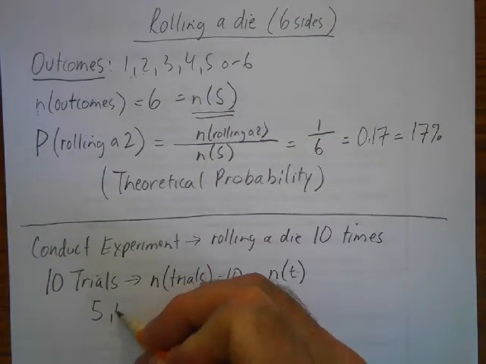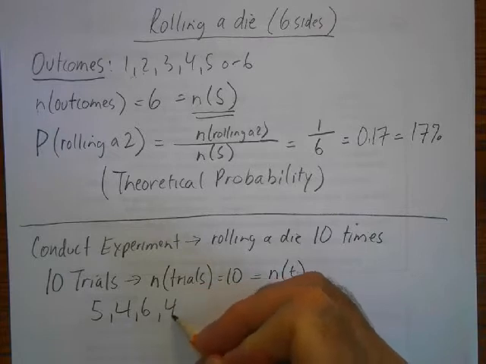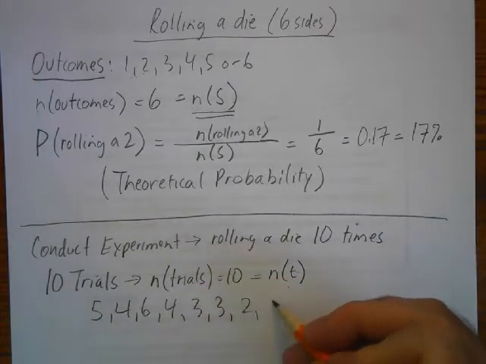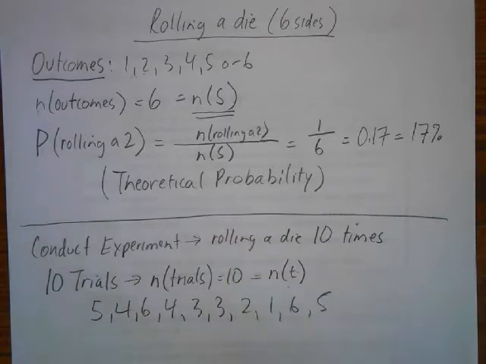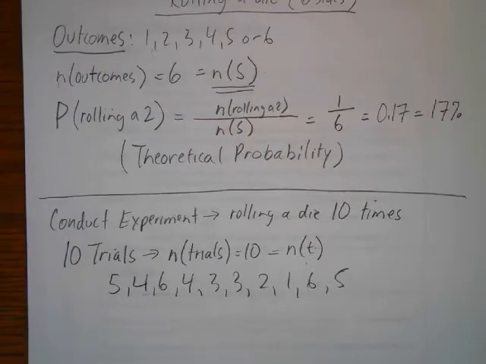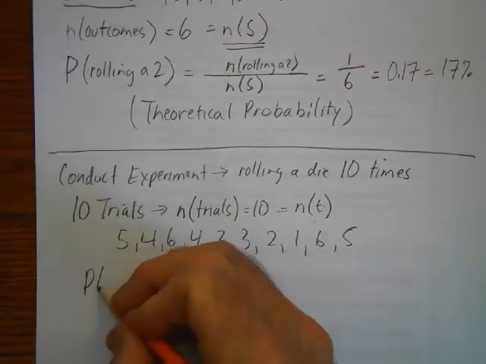So I got a 5, a 4, a 6, 4, 3, a 3, 2, 1, 6, 5. Okay. So now this time you can see this should add up to 10. These are my 10 experiments or my 10 trials. So now when I do my probability of rolling a 2,